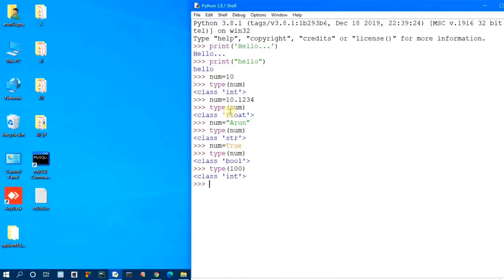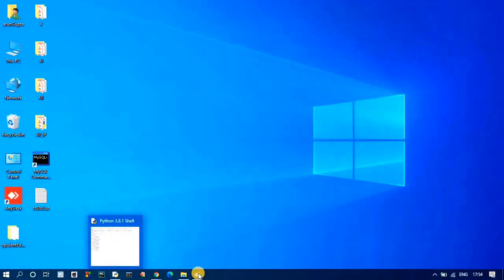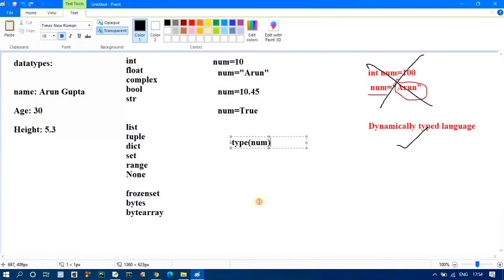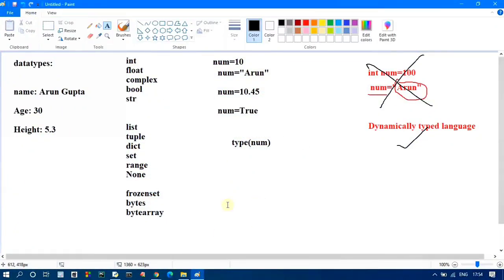When you declare some variable, that variable takes some address in the memory. And the question is, how can we check that address?